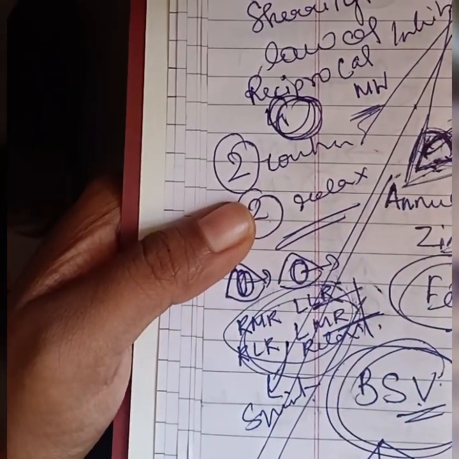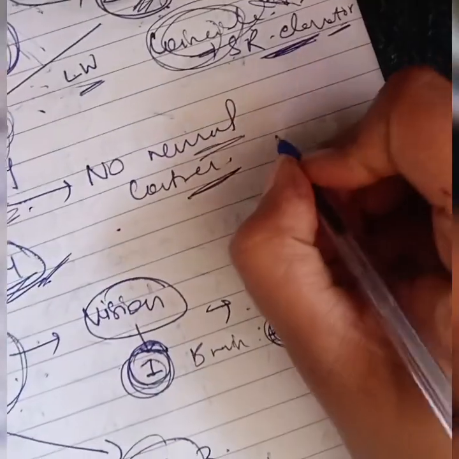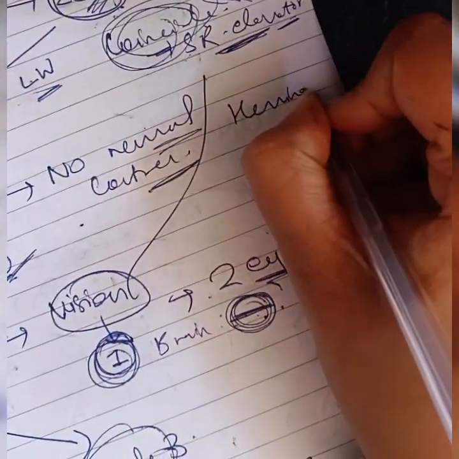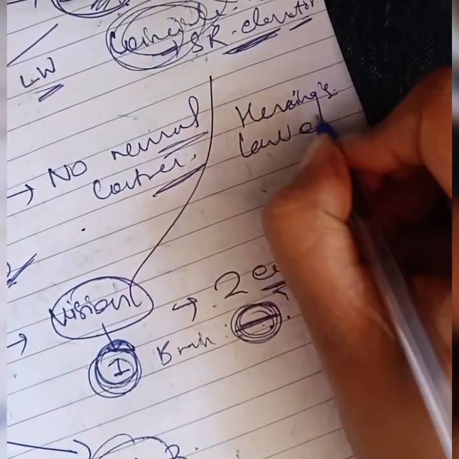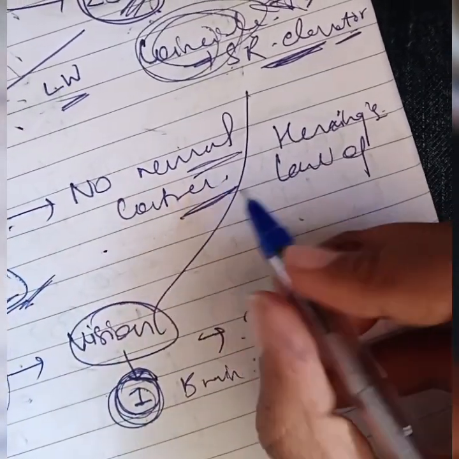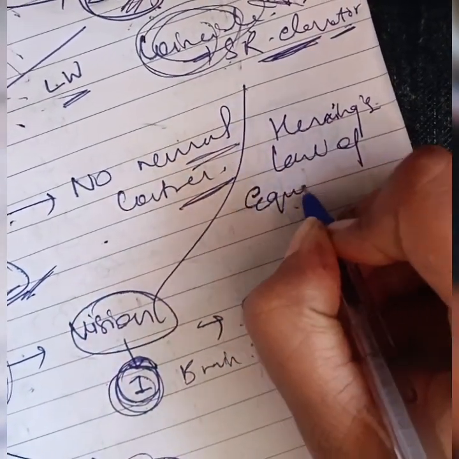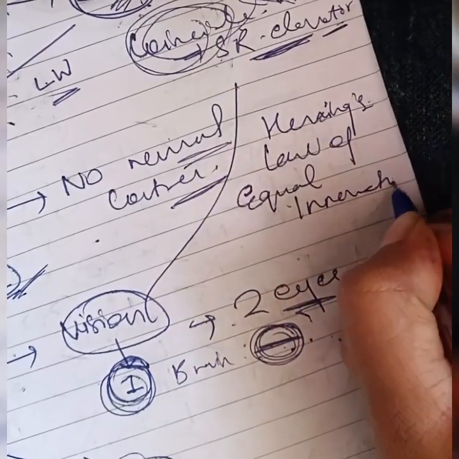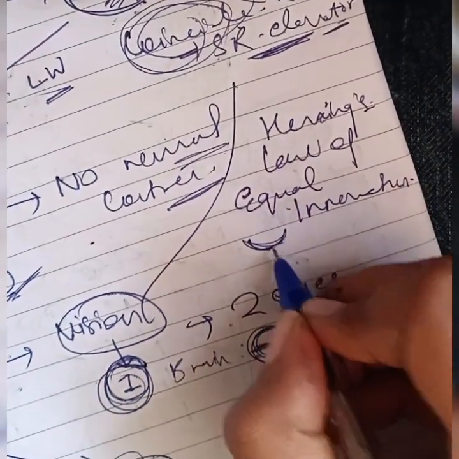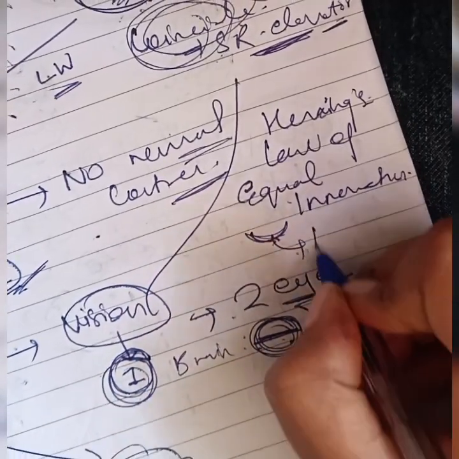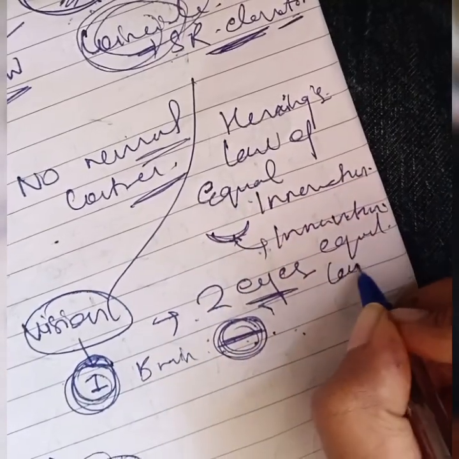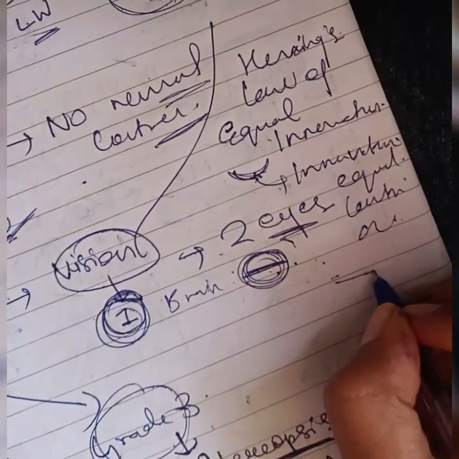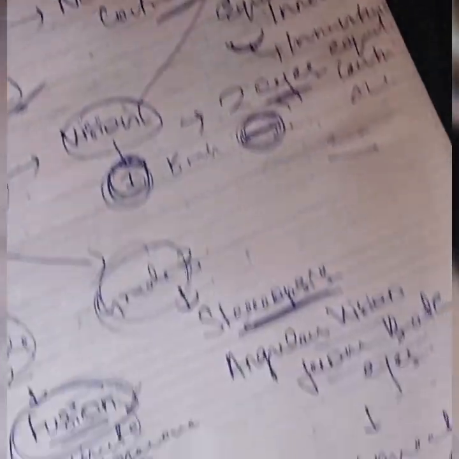Now there is also Hering's law of equal innervation. Sherrington's law of reciprocal inhibition, and Hering's law of equal innervation, which says that all the muscles that are contracted simultaneously should first of all be innervated equally, innervation should be equal, and the contraction therefore should also be equal at the same time. What are the applications? That is secondary deviation and inhibitional palsy, which would be seen later on.